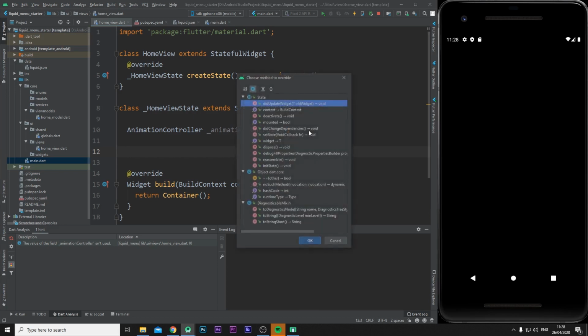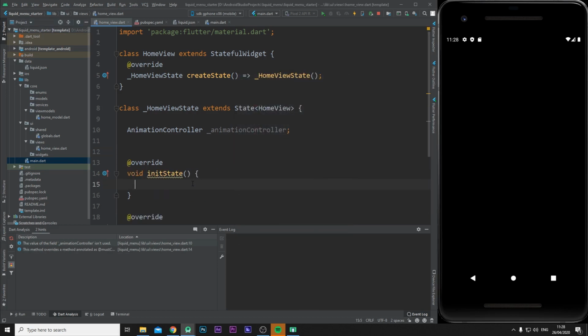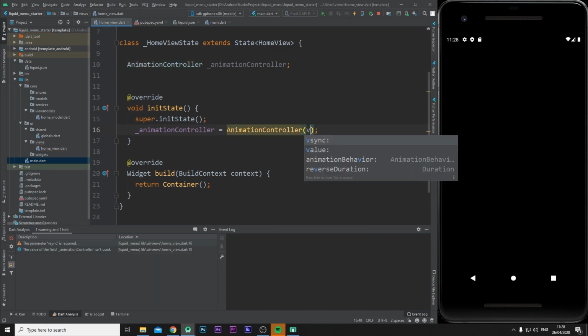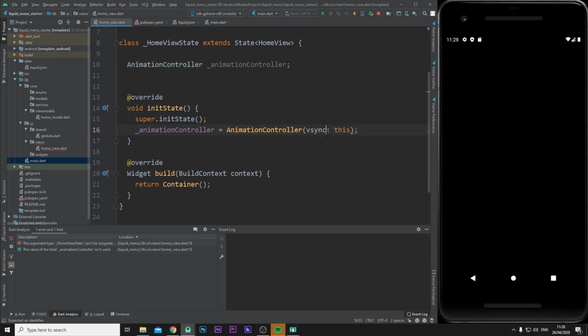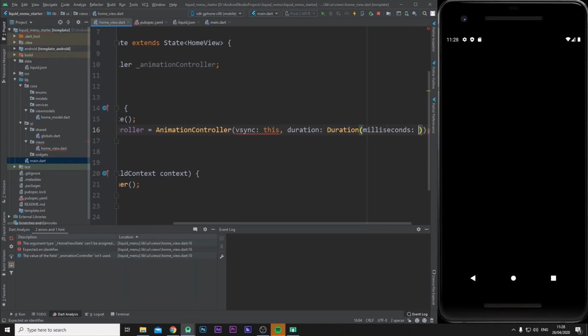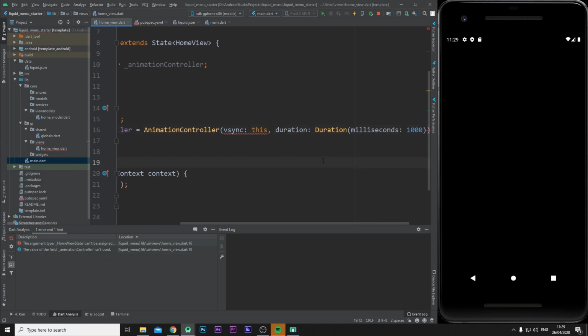Let's hit Ctrl O to create our initState method. Let's call the superclass, super.initState, and this is where we would initialize our animation controller. So we can copy the animation controller and set it to an actual object. You want to add a vsync in here, which refers to our class, or home view state. Then you also add a duration, and I always use milliseconds because you can be much more precise than just using seconds. 1000 for 1 second,